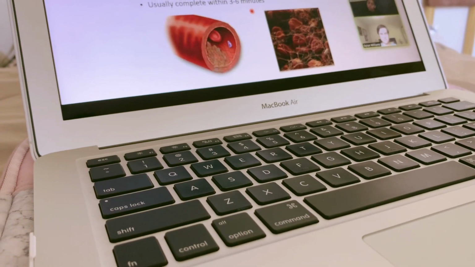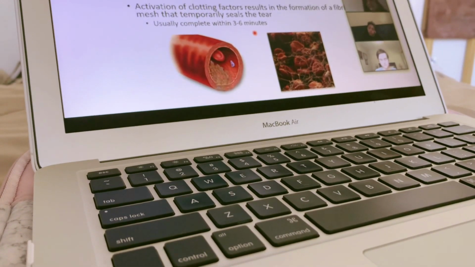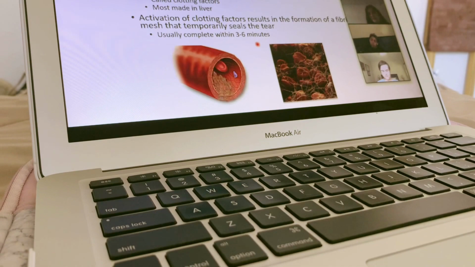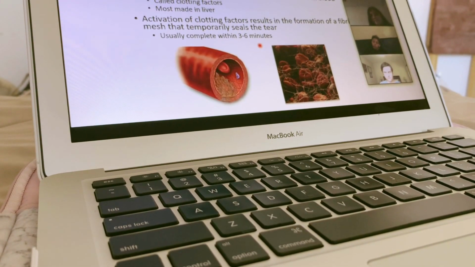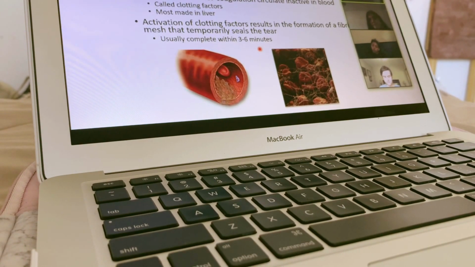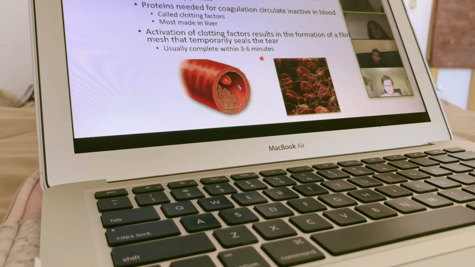Okay. The reason why I don't want to spend a ton of time talking about the activation cascade is because I think the steps that happen after hemostasis are almost more interesting than the process of forming the clot in the first place. The plasma